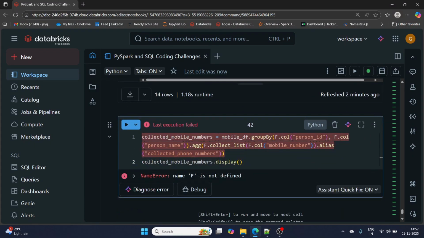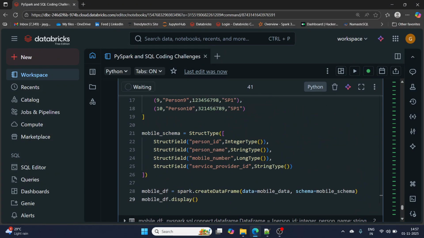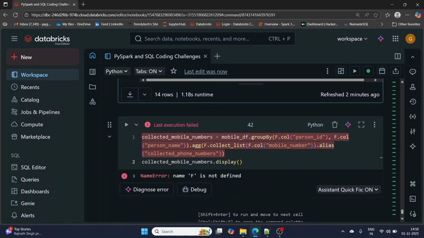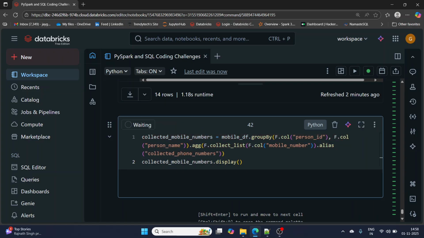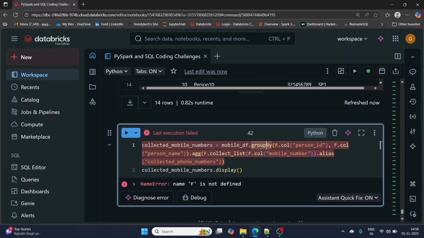What it is saying is, f is not defined. Which f is not defined? f dot col, f dot collect list. Let's run this again. Name f is not defined. Dot groupBy f dot col person ID, f dot col name, f dot collect list, f dot col dot alias.